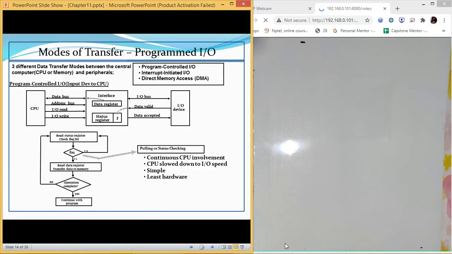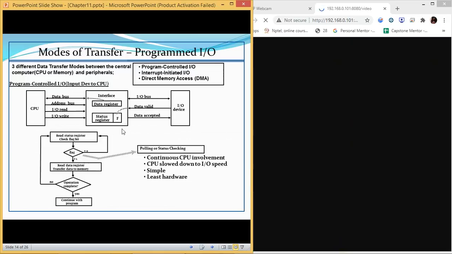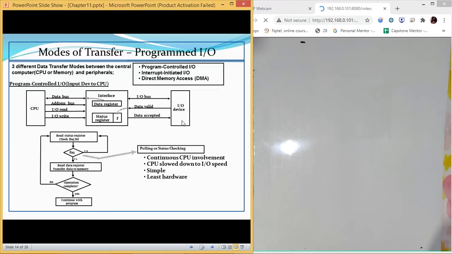In program controlled input output, as you can see in the diagram, we have the CPU on one side, then the interface, and after that the input output device. The input output device will send the data on the basis of handshaking, like we did in the last class, where we have two methods to send and receive data in asynchronous transfer: the data bus, the data valid line, and the data accepted line.